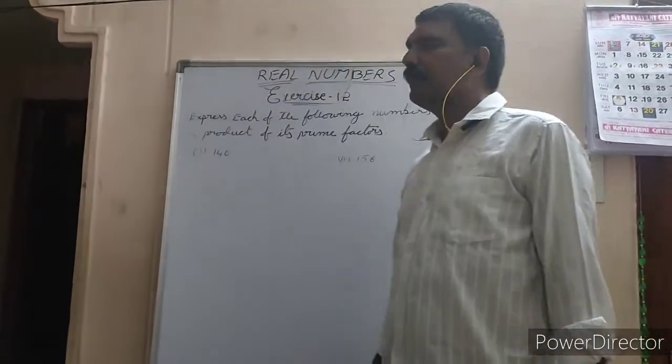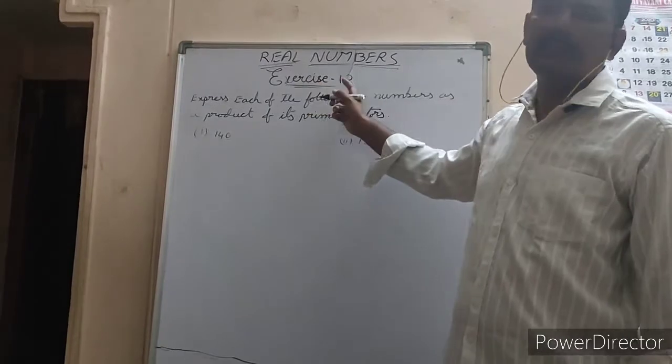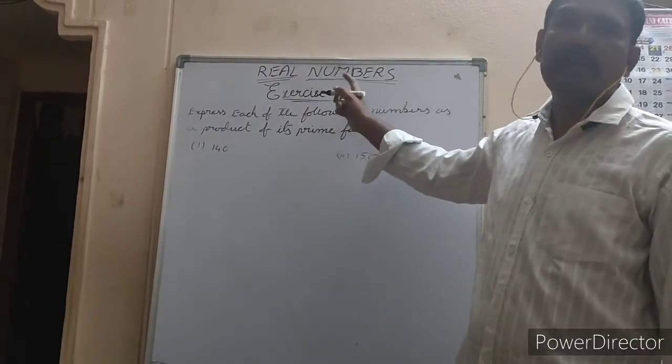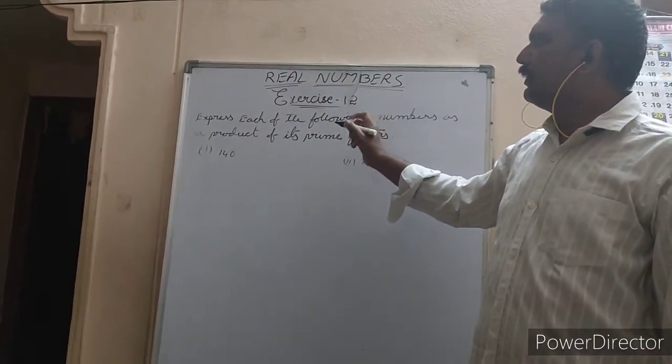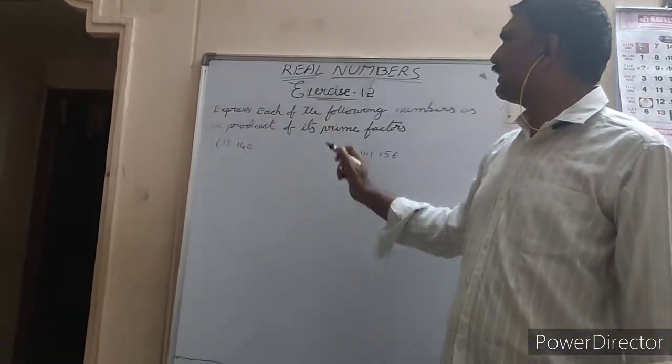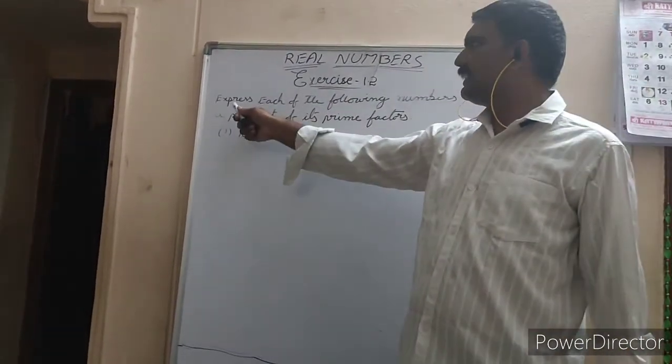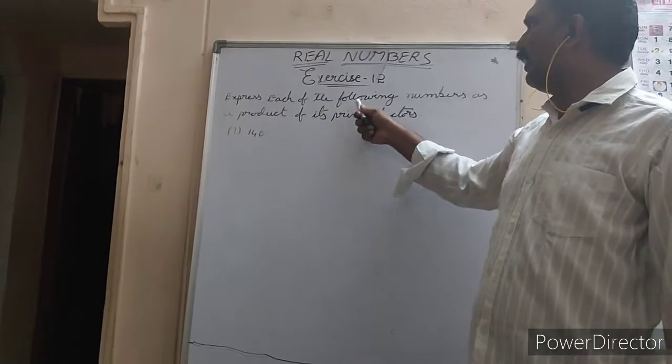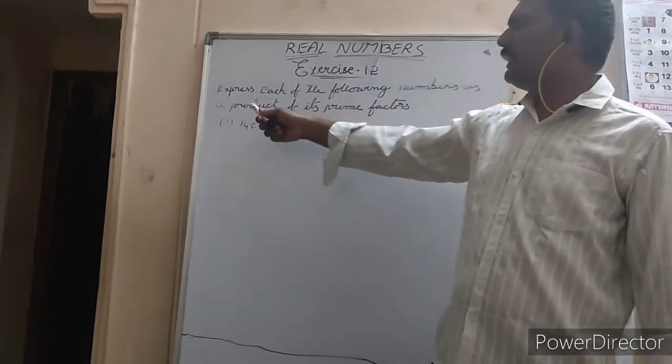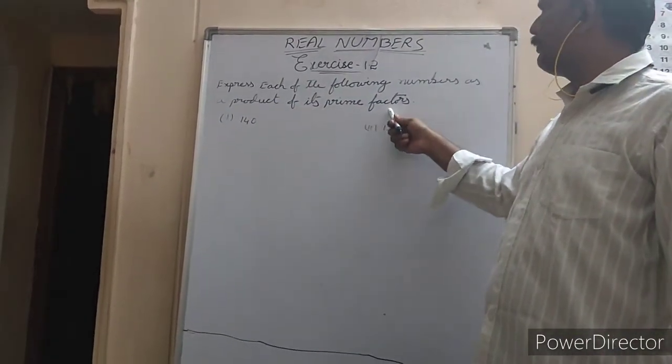Good morning to one and all. Today we will start exercise 1.2 in real numbers. The first question in this exercise 1.2 is: express each of the following numbers as a product of its prime